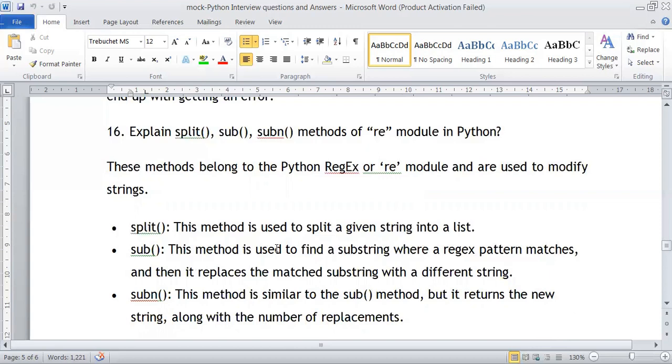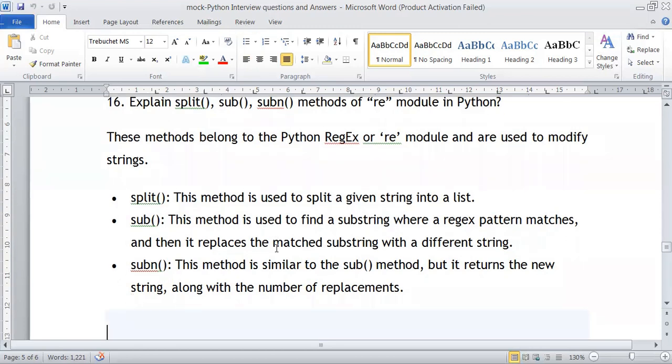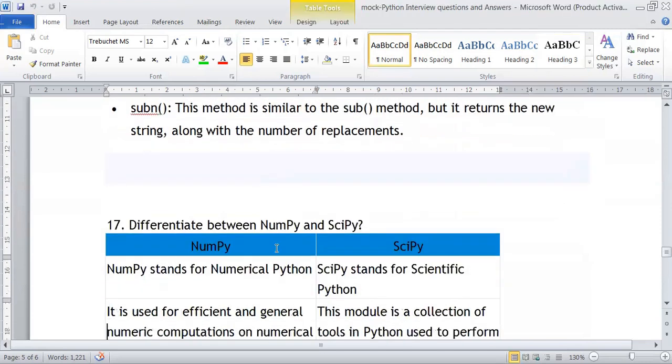Sub helps us to replace a substring in a string. And also subn is similar to that, but it returns a new string along with the number of replacements that were made. So these are a few of the methods in the regular expression module. They help us to modify the string.